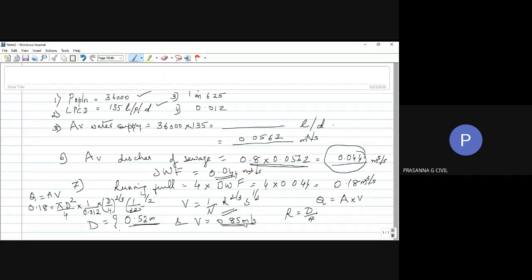with a population density of 250 persons per hectare. Area is given in kilometer square, but he has given you the density in persons per hectare. The average rate of sewage flow is 250 liters per person per day.